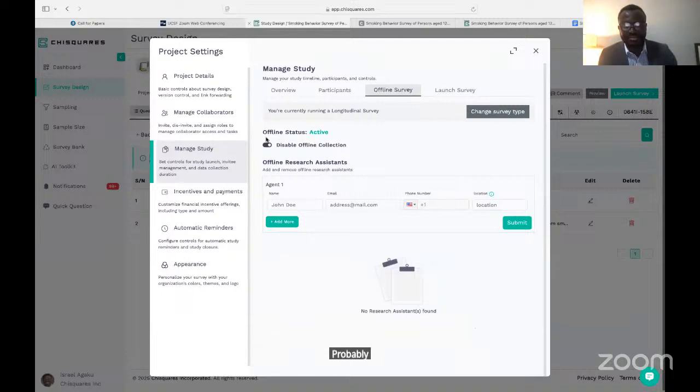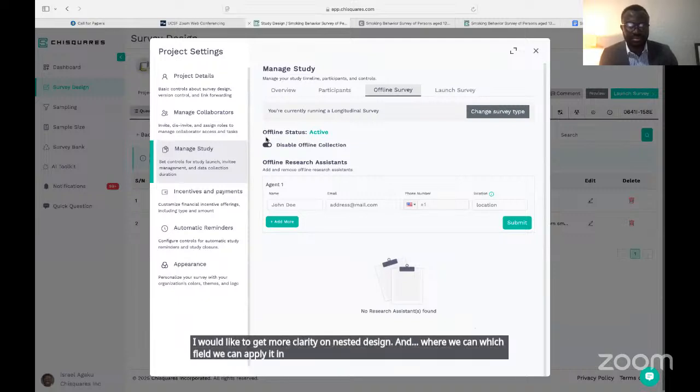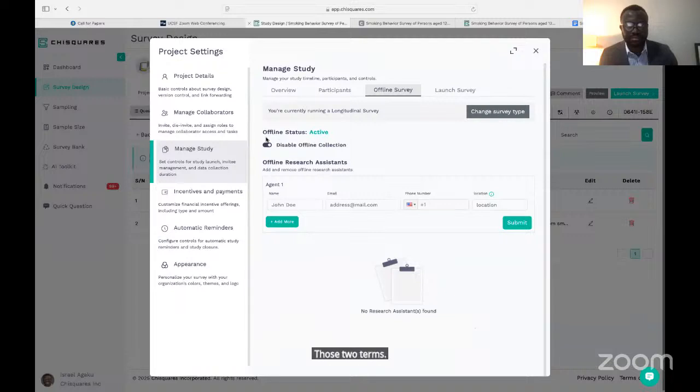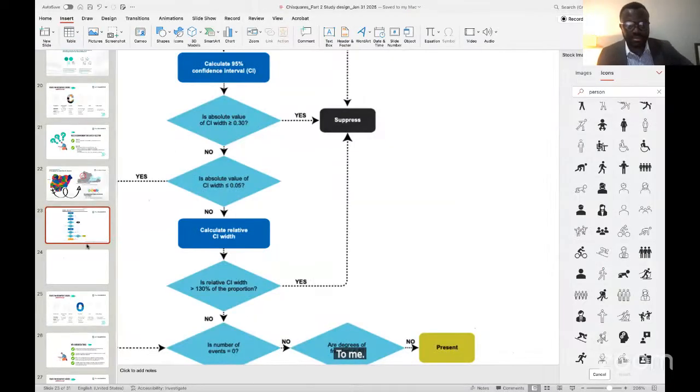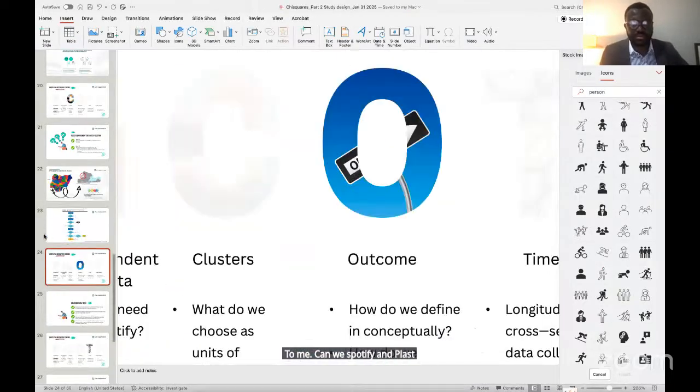Okay. Thank you so much. I would like to understand, one, Prof, I would like to get more clarity on the nested research design and which field we can apply it in. Two is about stratification and then clustering. Those two terms present some problem to me. Can we stratify and cluster, or can we cluster and also